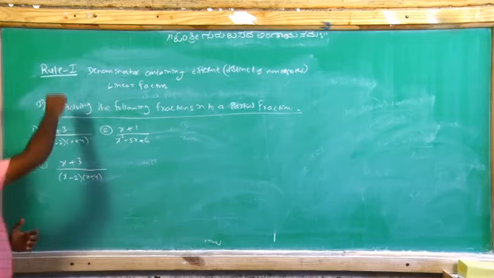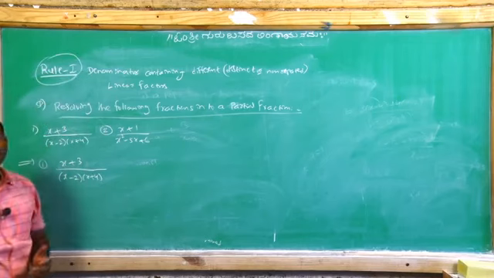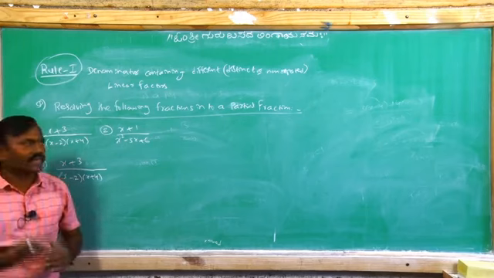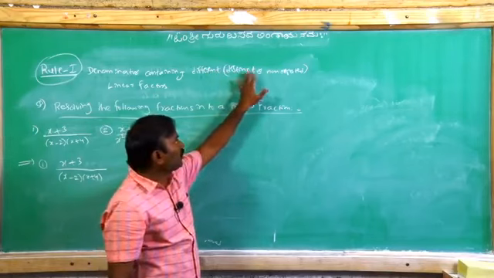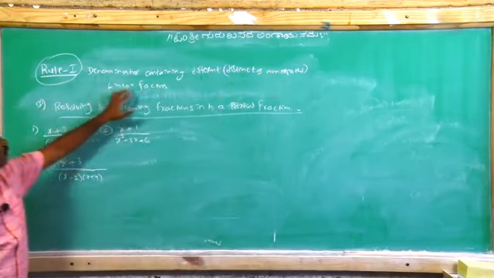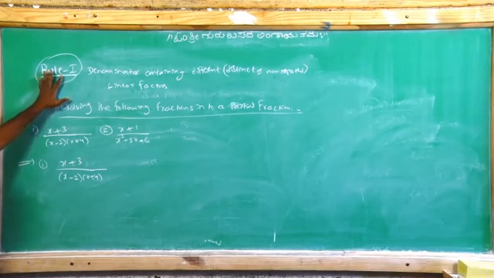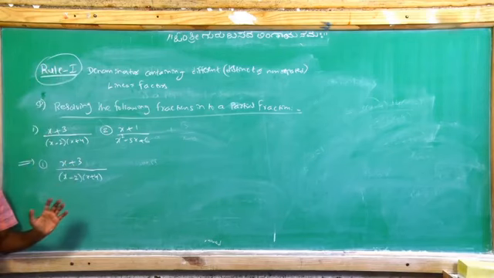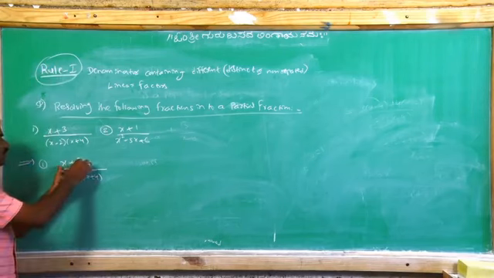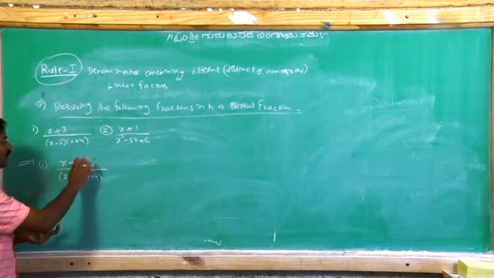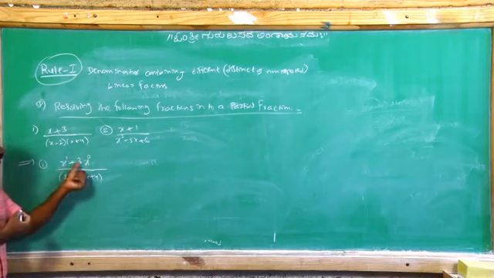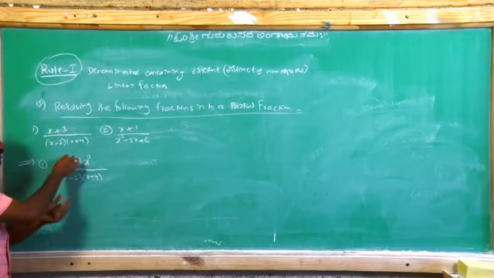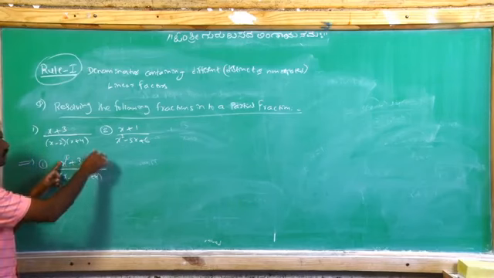So when we use rule 1, the first condition is that the fraction must be a proper fraction. The second is that the denominator contains different, or distinct, or non-repeated linear factors. Then only we can use rule 1. So first confirm whether the fraction is proper or improper. In x plus 3, the 3 means 3 into 1, where 1 is x to the power 0, and x has power 1. The highest power of x is 1, so the degree of the numerator is 1.